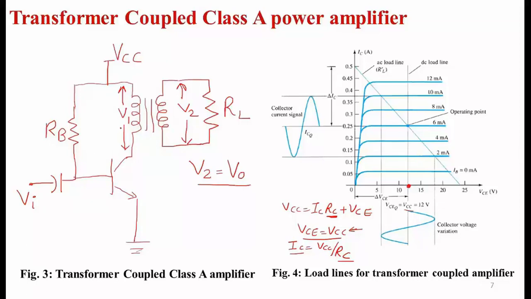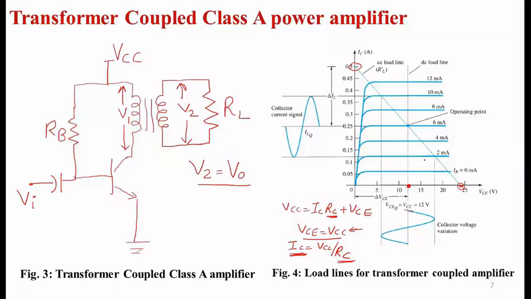When the AC signal flows, its resistance will not be zero. It will have some finite value. When the resistance has a finite value, there will be some finite value of collector current also. So this is that value. Hence, the DC load line is a straight line, but the AC load line is not a straight line. It has two points, one on the x-axis and one on the y-axis.